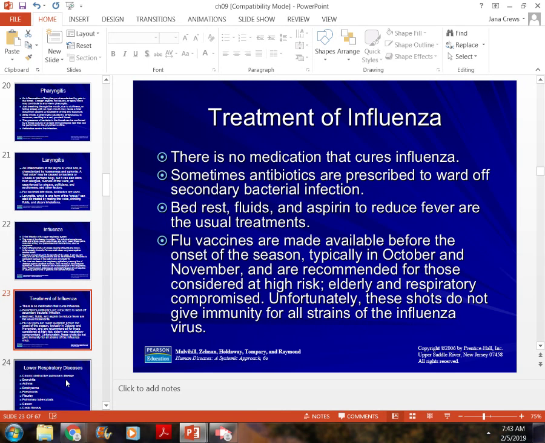We also suggest that everybody gets a flu vaccine every year. Generally, you want to get it in October or November, because it takes about 2 weeks for it to be effective. If you get it in late October, 1st of November, then by the time Thanksgiving gets here, when you get around all your family who may be sick, it's good and effective, and it'll last you through the rest of the flu season. Those who get it in early September or late August, it's not going to last them through flu season. So you want to make sure.